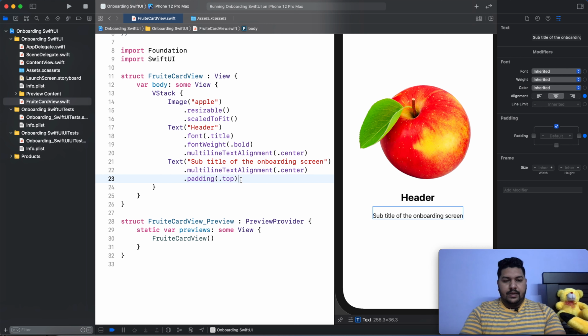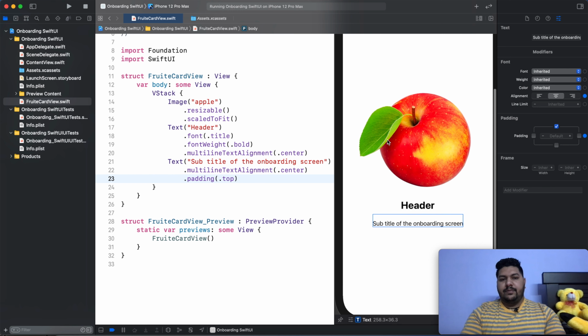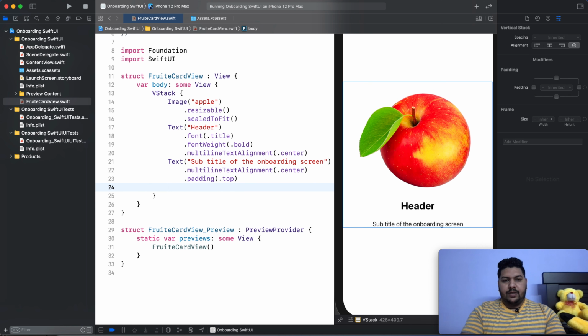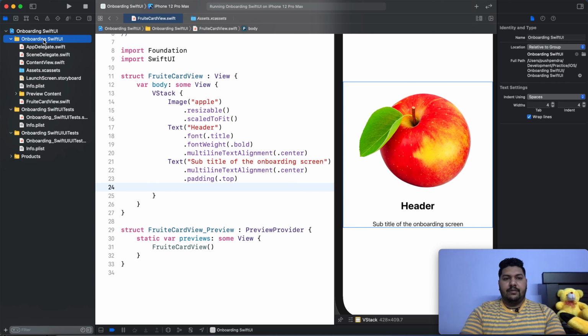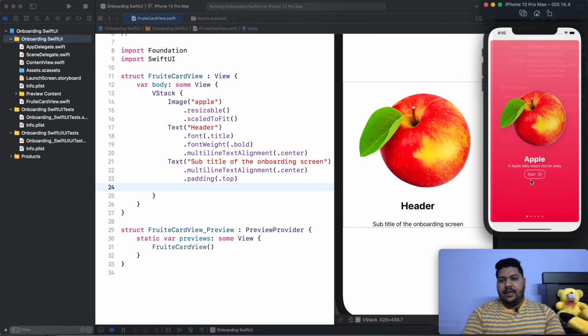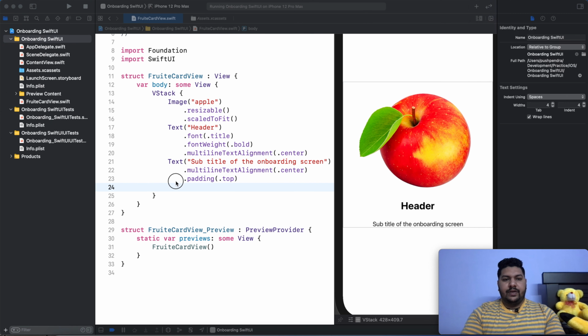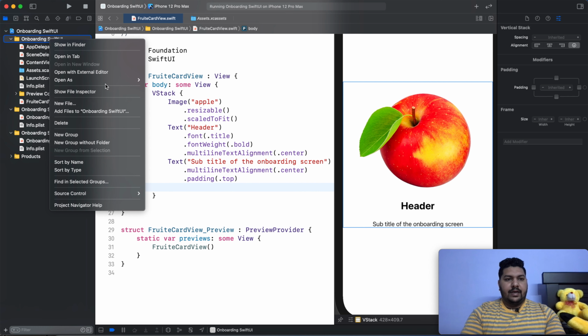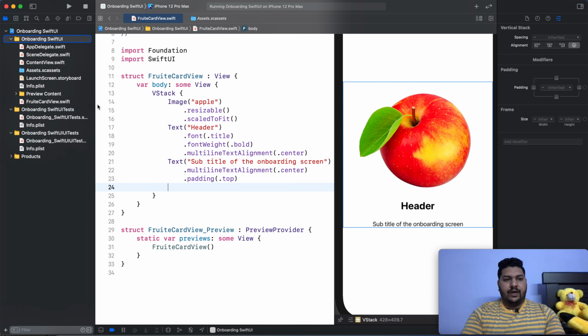Okay, now second thing, this is our main. Now I have to take a button. For the button I will create one separate class to design the button like this. For that what we have to do, I will create a separate class, and we can say new file.